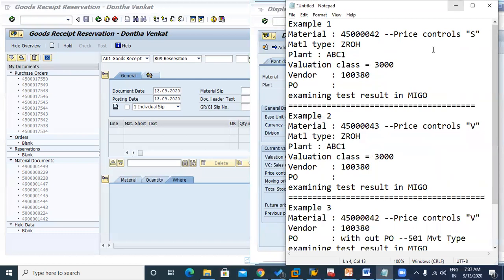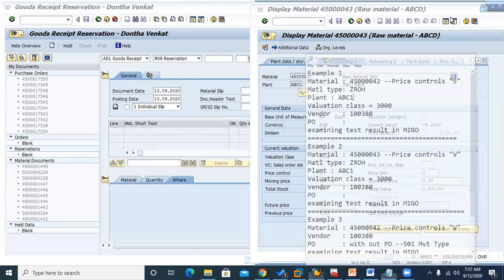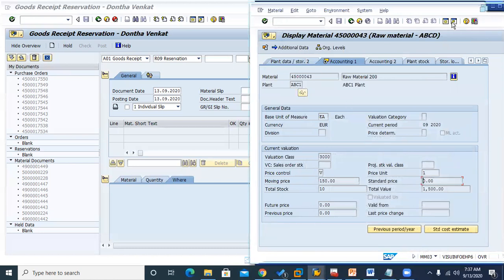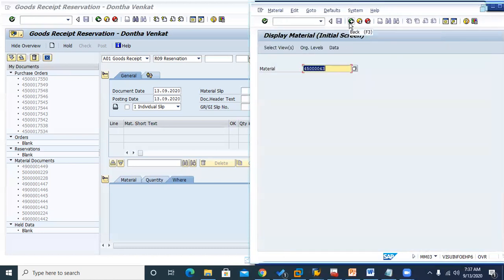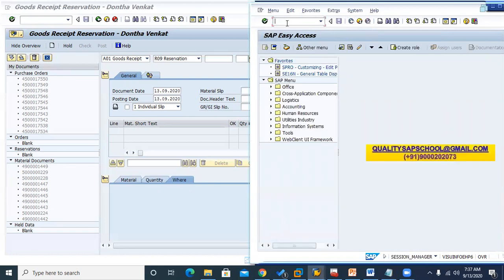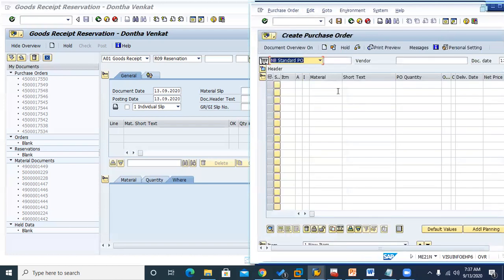Okay, so now I hope you understood the inputs while creating the PO. All the inputs are given, and no doubts on that one. You have not seen any doubts here. So for that purpose, I have shown this material, and now we will go to the transaction. We will create the PO now. Let's go to ME21N for creating the purchase order.